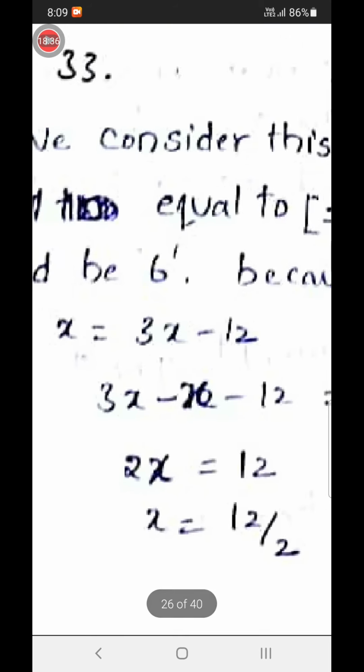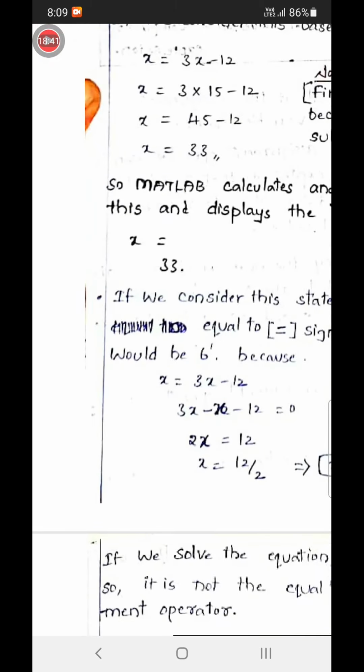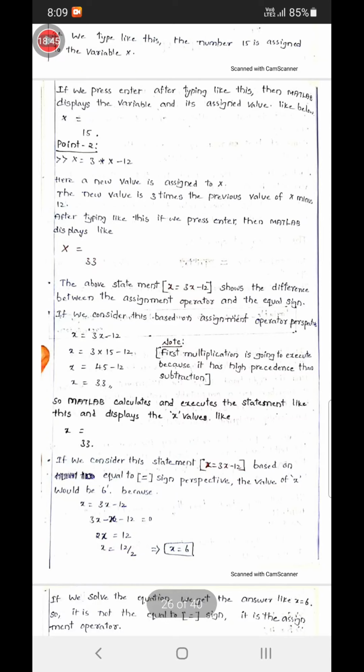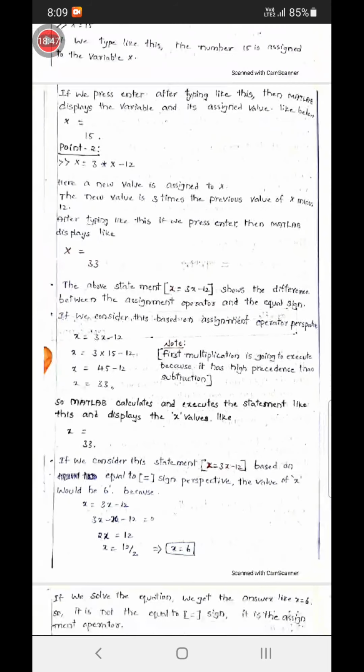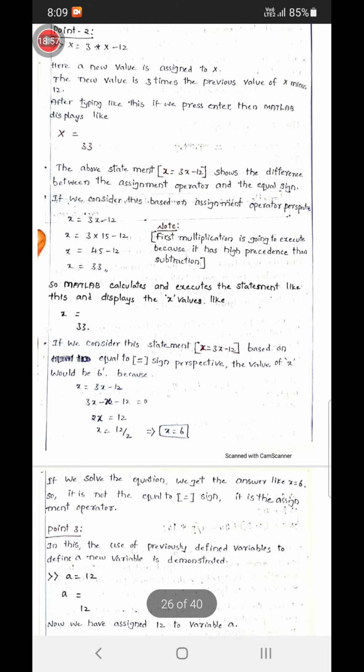It is not like in mathematics, it is not substituting the previous values. Just read all these things once, then you can understand the difference between assignment and equal to sign.